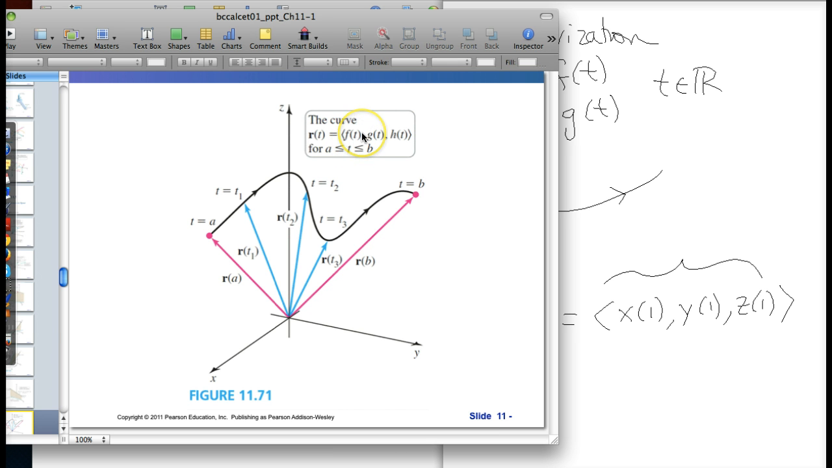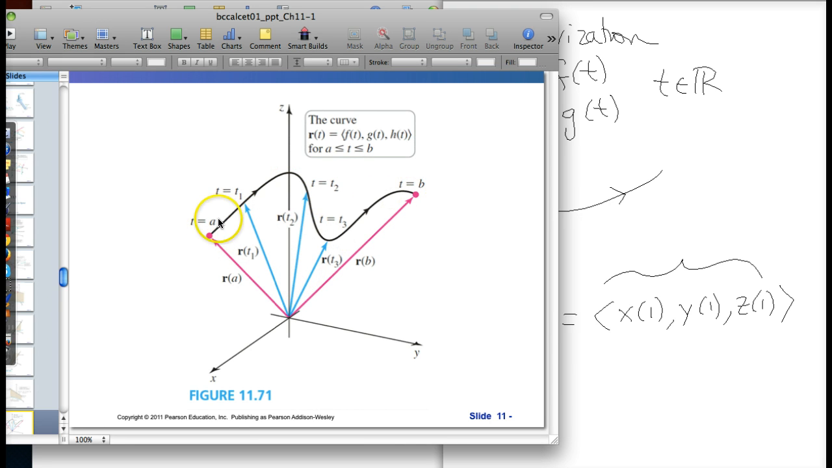Which gave us this infinite length curve doing whatever craziness we want it to do, and the craziness will depend upon what each of these components are doing. But if we were to block off that value for t and say it can only be between a and b, then instead of getting this infinitely long curve doing crazy stuff, we're just going to get this closed